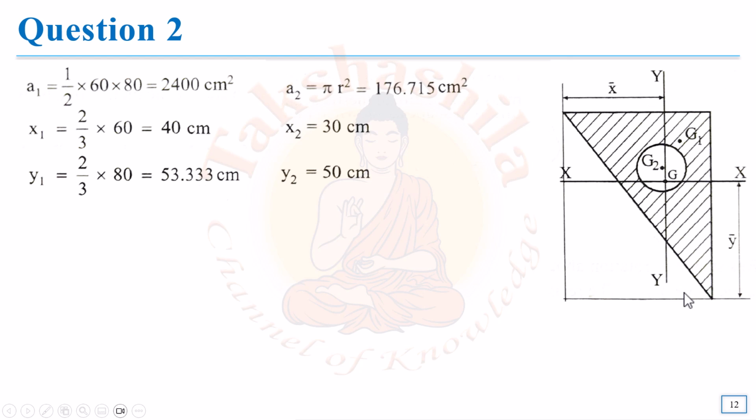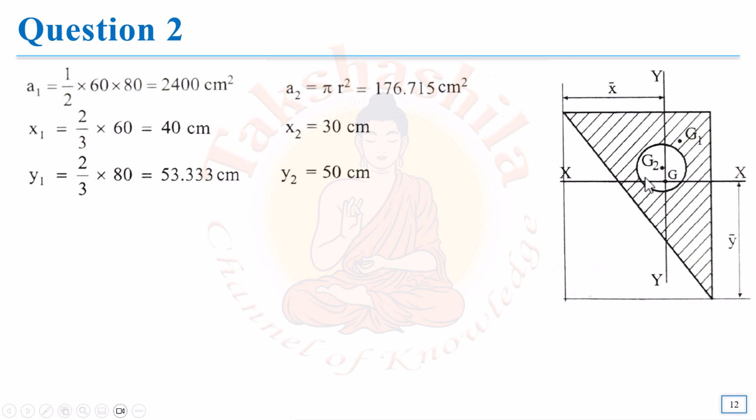So what all will be y1? Y1 will be the vertical distance from my reference x-axis, the axis provided at the bottom, to point G1. And how much will it be? The remaining distance. On top we have 1 by 3 times the height. Total height was 80. So 1 by 3 times height is this distance, but what we need is the remaining value, which will be equal to 2 by 3 times the height. So substituting 2 by 3 into height, which is 80, we will get 53.333 centimeters.